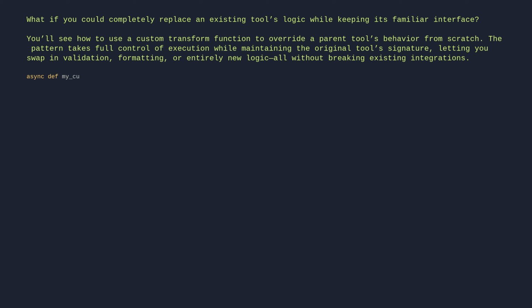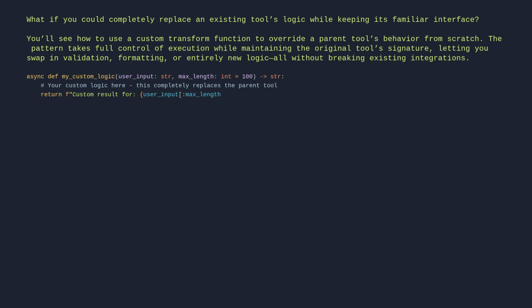async def my_custom_logic(user_input: str, max_length: int = 100) -> str: # Your custom logic here. This completely replaces the parent tool. return f"Custom result for {user_input[:max_length]}" Tool.from_tool(transform_fn=my_custom_logic)